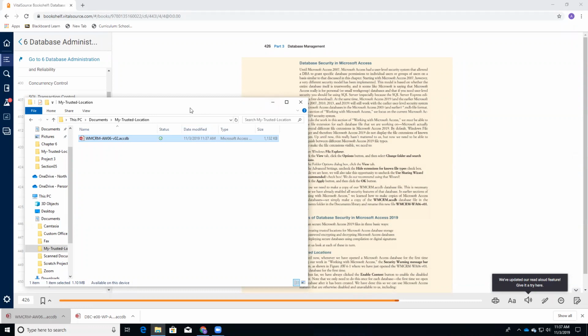So now that we have done that, and I don't know why my window won't move. That's interesting. Okay, now that we have done that,